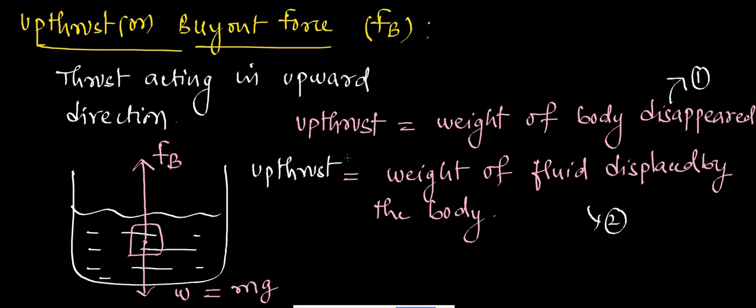Yes, ma'am. So I can equate the RHS now. Weight of the body disappeared is equal to weight of the fluid displaced by the body. Can I do that because LHS is same, no? Yes, ma'am. Okay, so from this I can say weight of the body disappeared is equal to weight of the